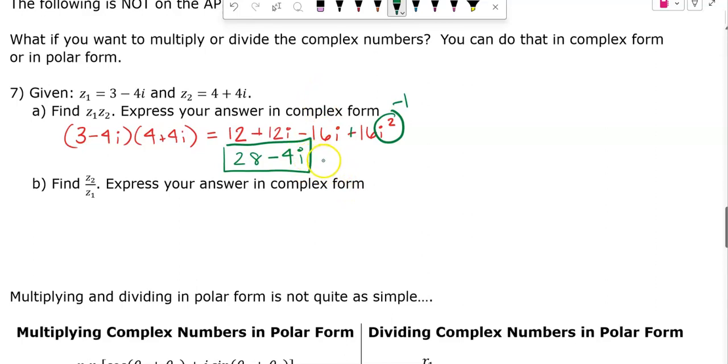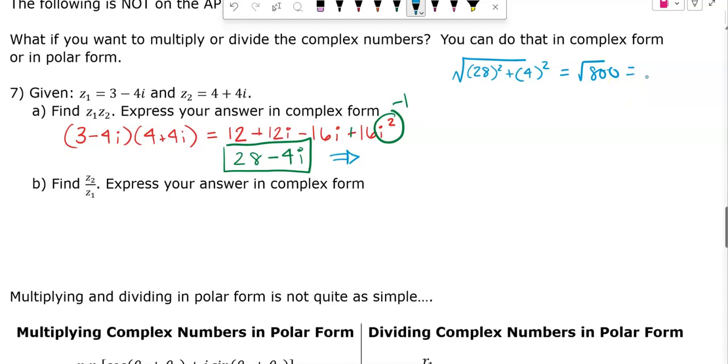Now, I could convert that over to polar form. That would just be finding your r value and then your theta. So r is the square root of 28 squared plus 4 squared. I can't do that easily without a calculator, though I guess I can. It just isn't necessarily fun to do 28 squared. But that's going to get you 784, and when we add 16 to that, that gets me 800. So this is the square root of 800, which I should know I can reduce, because I can take out a perfect square of 100 eight times. But I can go even further than that, and actually pull out